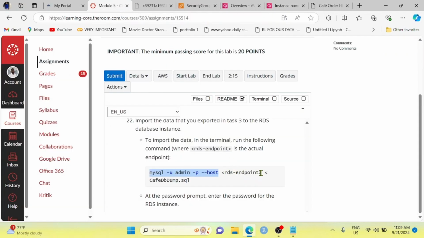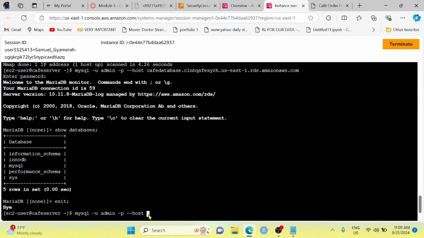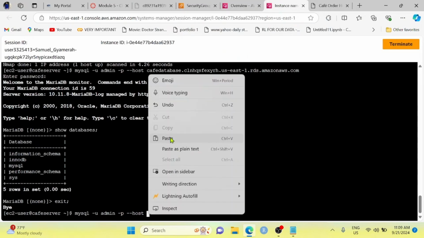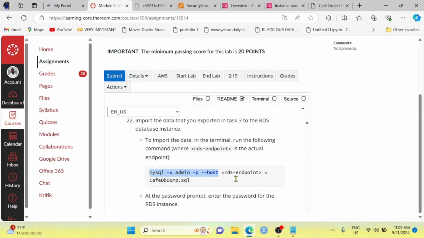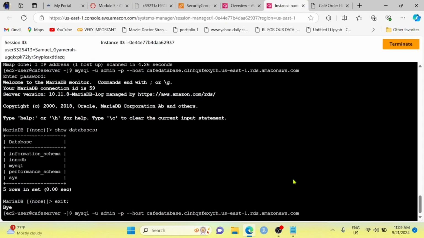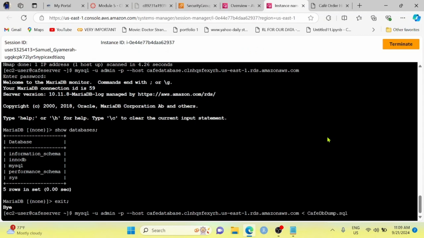Our endpoint. Then copy our endpoint and then paste it here, and then space. You will then copy the less-than redirect part of this, and you paste that one too here. Let's hit enter,